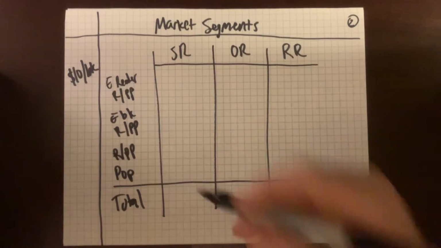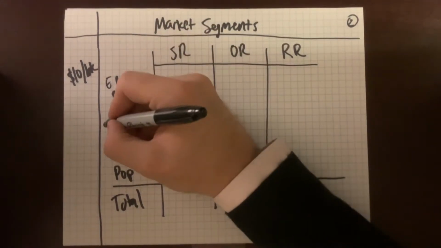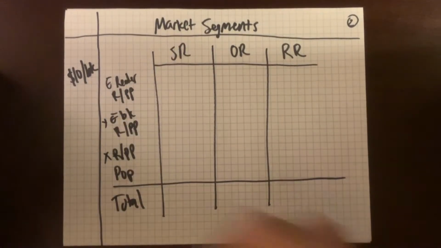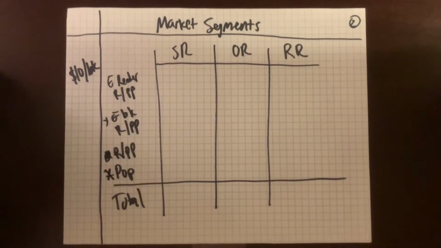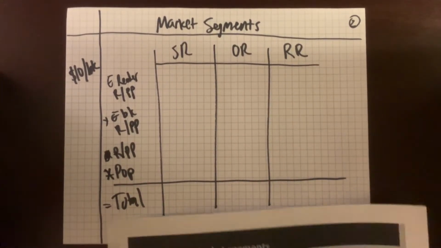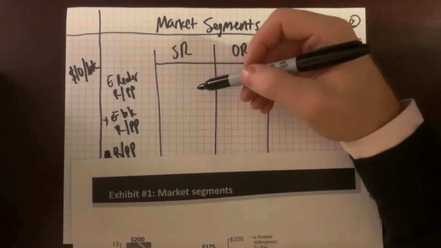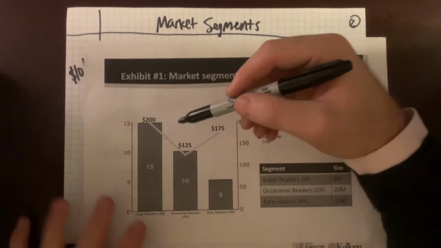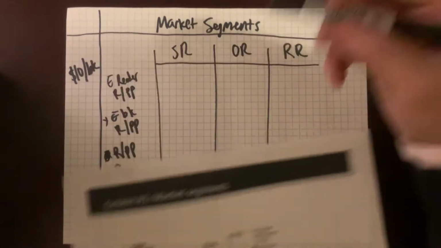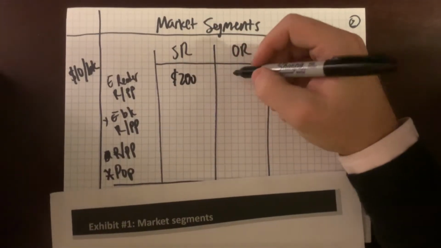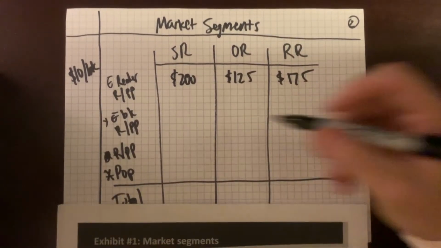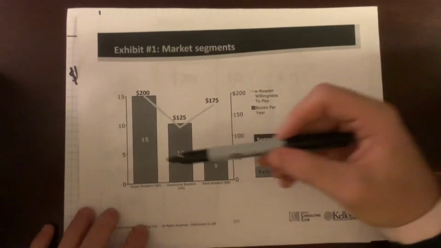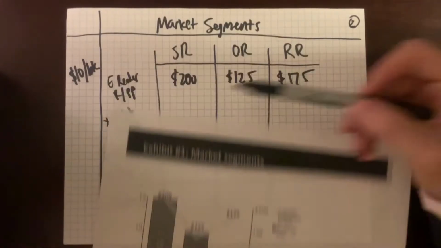So now that I've laid this out, I know I'm going to do my e-reader revenue per person, add it to this, multiply it by my revenue per person, and that will equal my subtotal, and then I will multiply by my population to get the total. So let's go ahead and fill in the numbers here. So we know that for the e-reader, the revenue per person is actually just the willingness to pay that we had in the chart here. So that's 200, 125, 175. Now my ebook, I have the number of books per year,